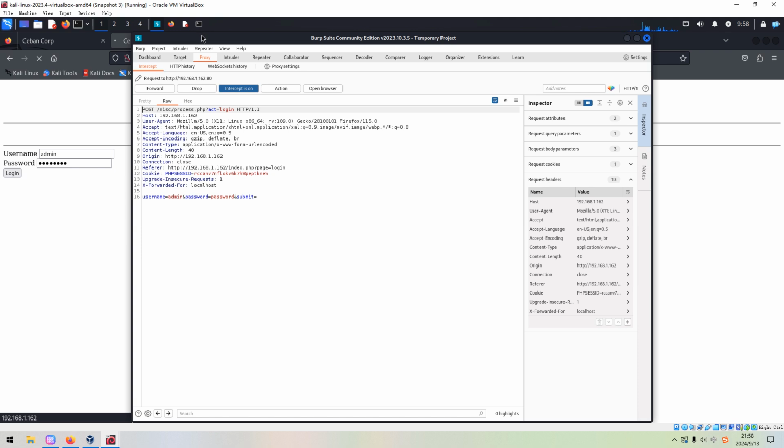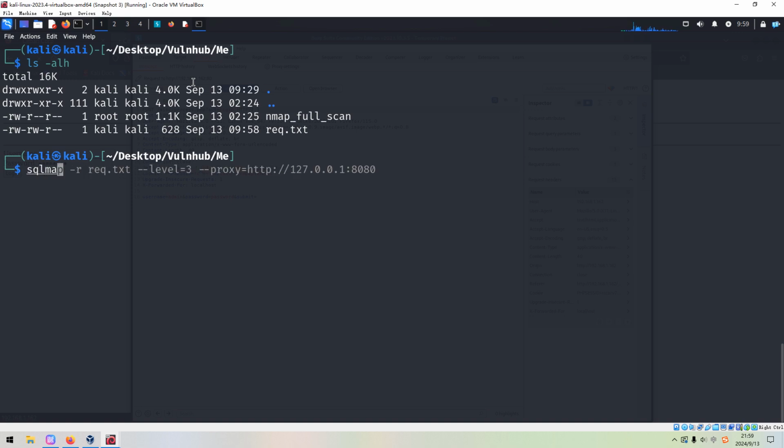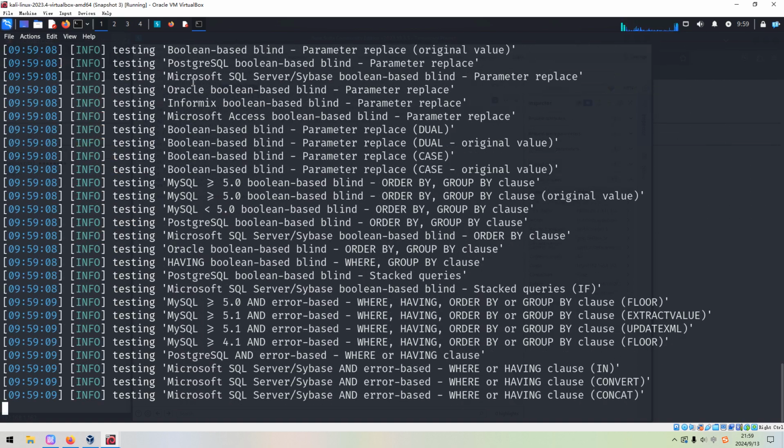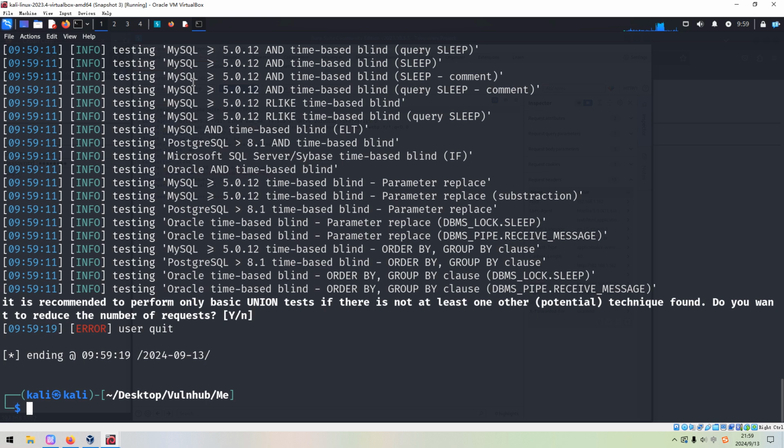Okay, so now we can pull up the terminal, and then we can use SQLmap with the request file and risk level, press enter. Of course, now SQLmap has started its testing with different payloads, but I'd like to tell you, nothing came out of SQLmap, so the target is not vulnerable to SQL injection. However, next I'd like to show you how to confirm our request is configured as we expect.